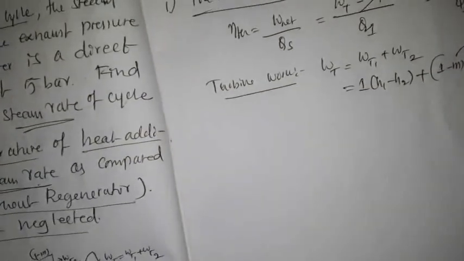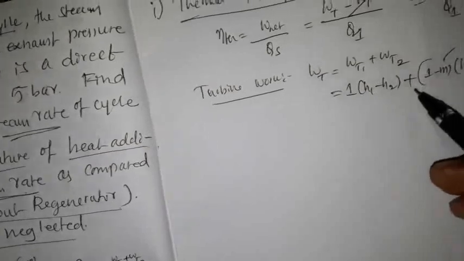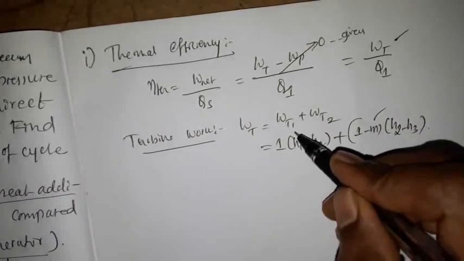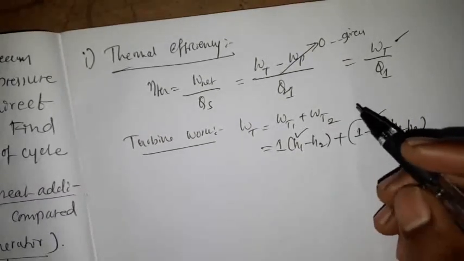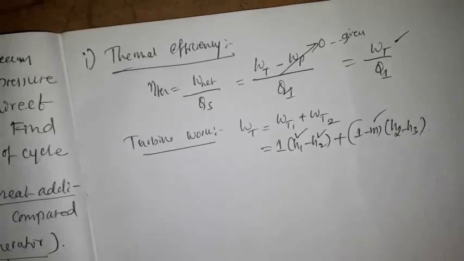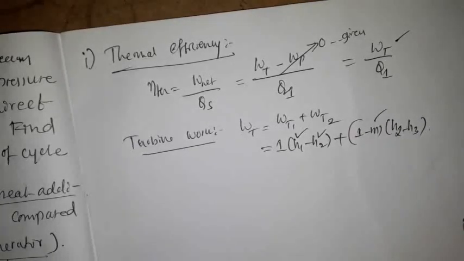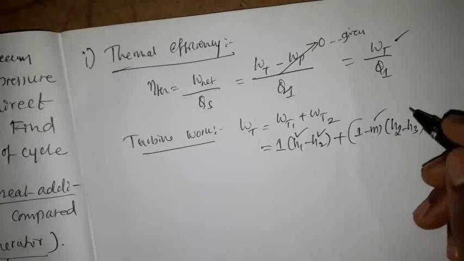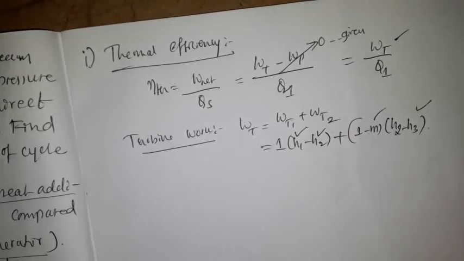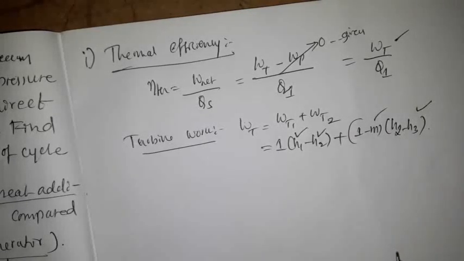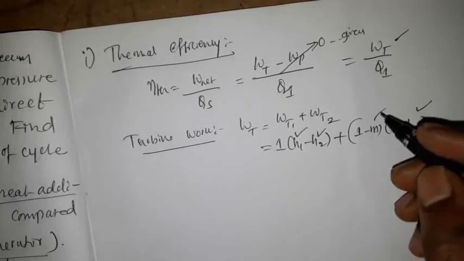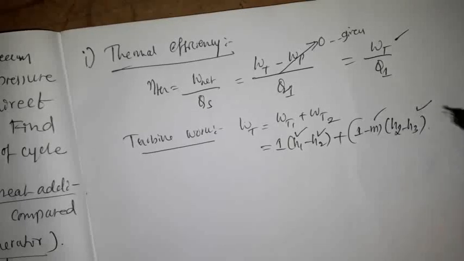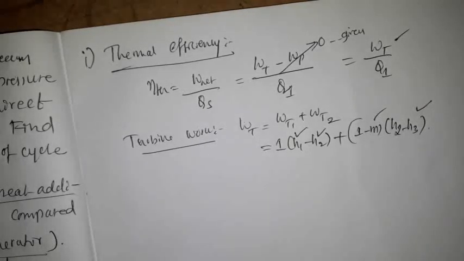So now we need to calculate H1, that is enthalpy at the inlet of the turbine, H2, that is enthalpy of the steam at state 2, then H3, that is enthalpy at turbine outlet. So these values are unknown to us, even we don't know the value of m also. So let's obtain these values